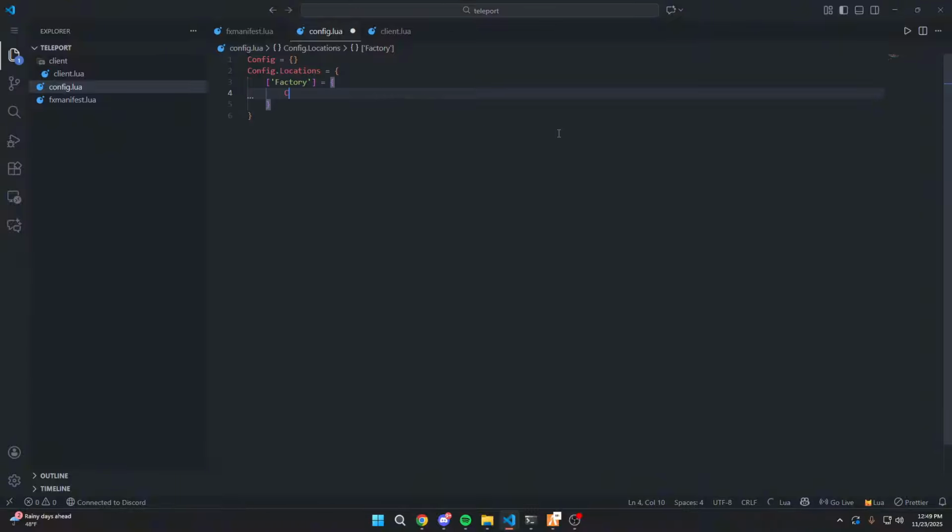From there, what I'm going to want is coords. And this is going to be another table because we're going to need 4 points. We're going to need the actual teleport coord where you walk up, where's that point, and press E on. Then we need the landing coords of where you land when you do teleport. Then we need an exit coord, where's the exit marker. Then when you press E on that exit marker, where do you land after you exit, right? So to do that, I can go ahead and do,